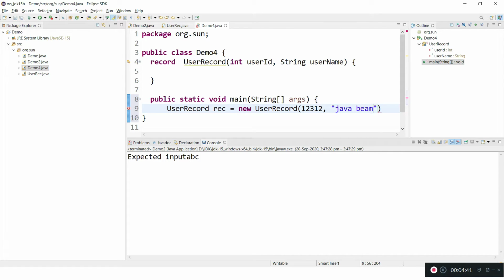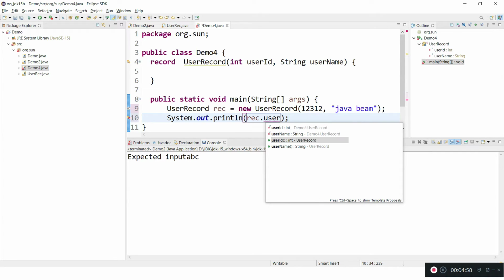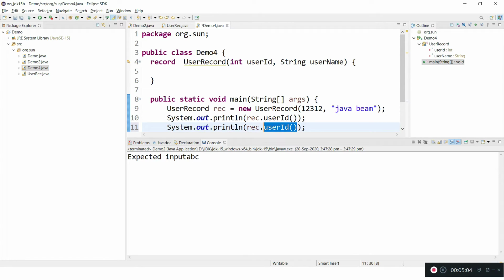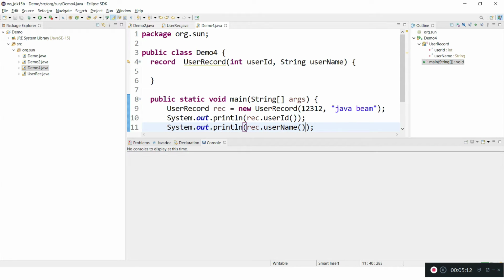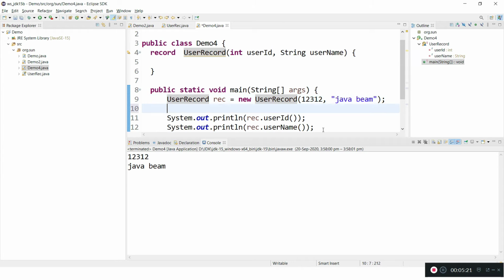So this is a record object, and it is an immutable object. We cannot modify this object, and we can just get the data and reuse the data, something like this, username. Let me run this one and you will see the output. And we discussed that this is an immutable object, meaning that the object cannot be modified once the data is assigned.